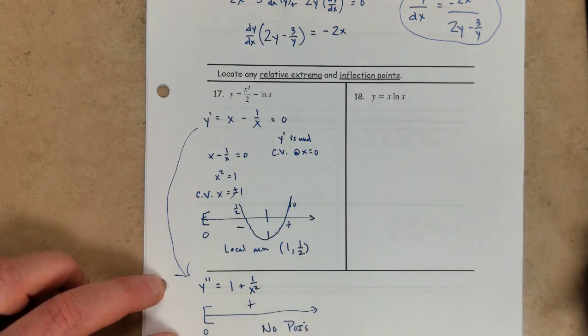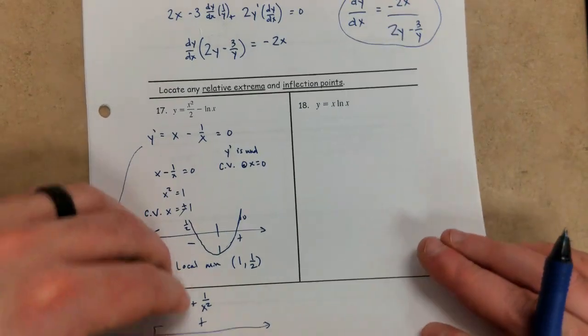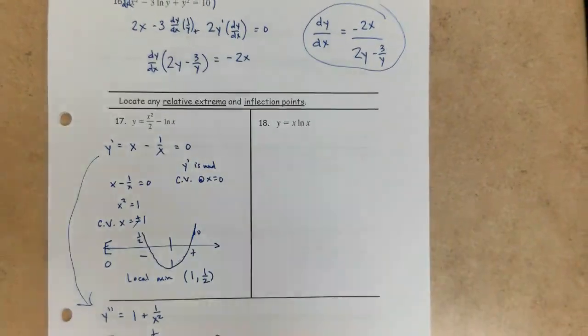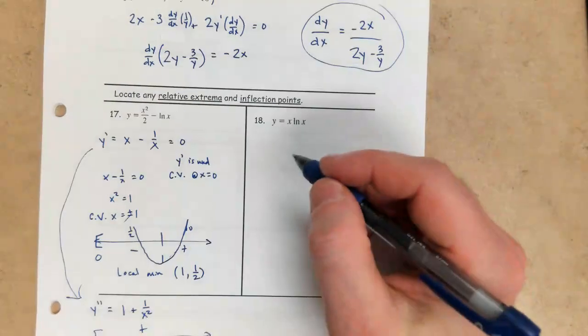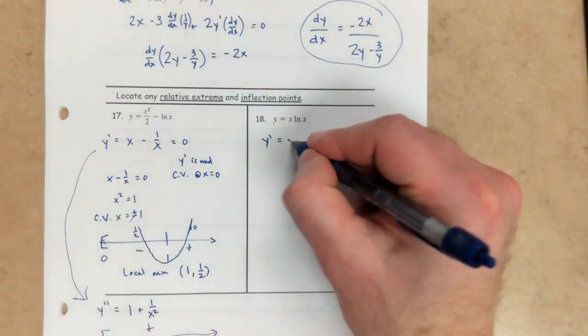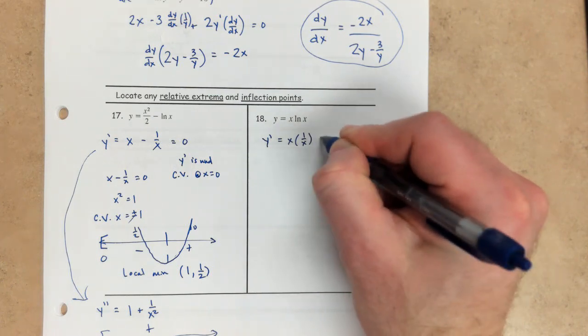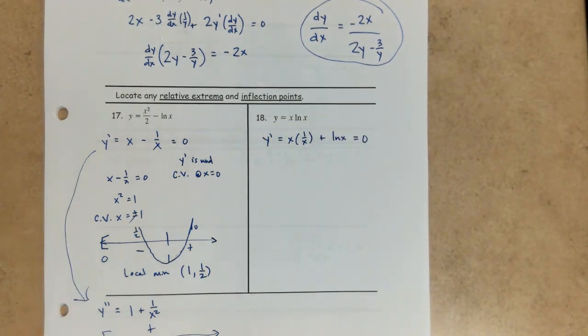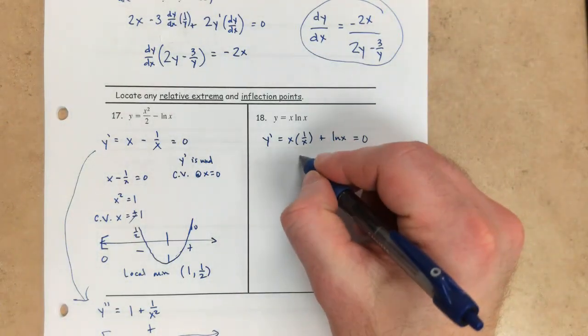All right, so let's go to our last problem, I believe. Let's double check here. Yeah, all right. The last problem here is going to be a product rule. So let's do that for our first derivative test: first times the derivative of the second plus second times the derivative of the first. And we want to know, where does this thing equal 0? And this is just going to be 1